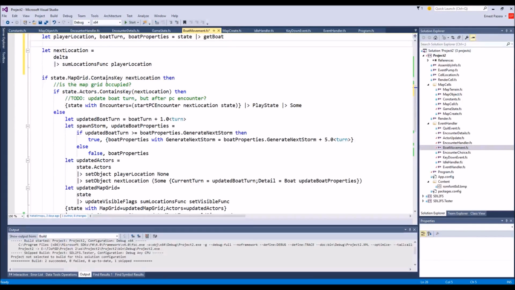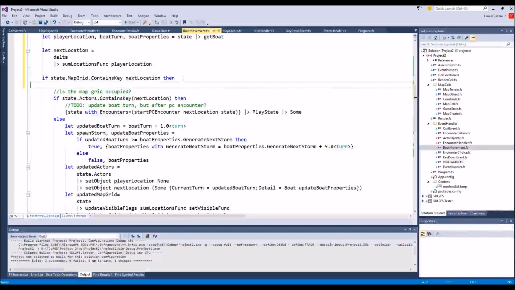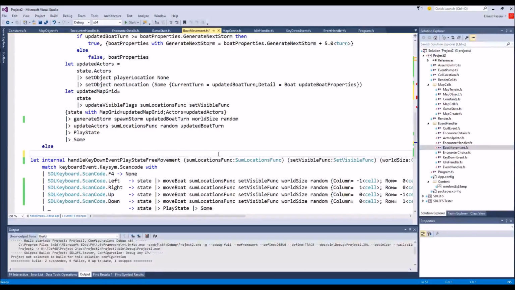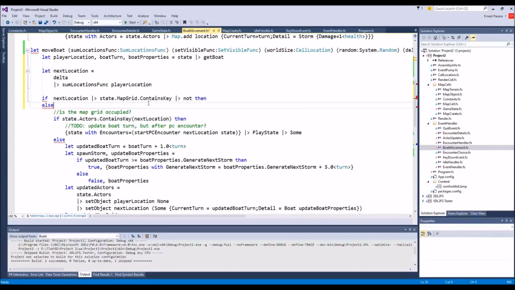So I have to check the map grid. Wait a minute. So if the location goes into that and it contains, if the next location, the state map grid contains key not, then what I was originally doing is saying, hey,